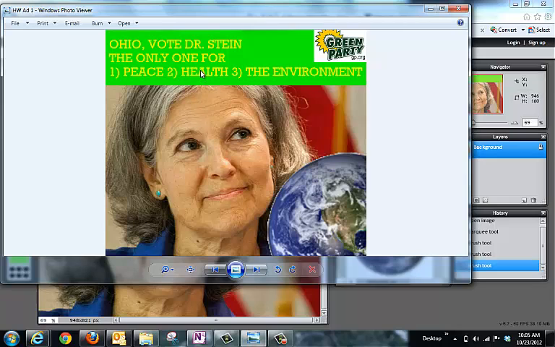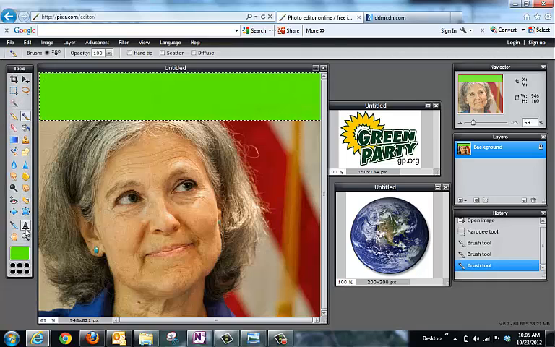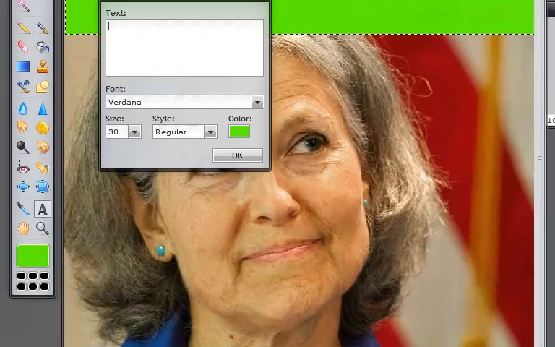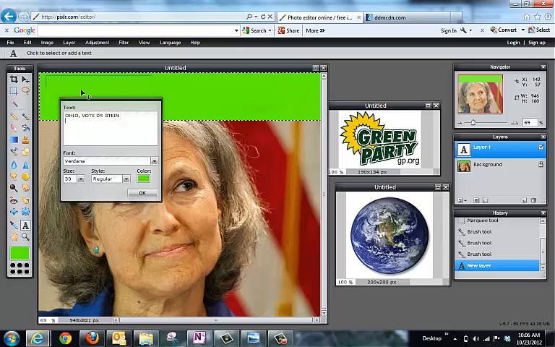If I look at the copy of the picture, I see that there's words in that box. So what I'm going to do now is go on the toolbar. At the very bottom, there's that big letter A. That's so I can do my type tool. So I'm going to select that and type over here. And I believe the words were Ohio, vote Dr. Stein. I might get a few words off. Let's see. The only one for peace, health, and the environment, and